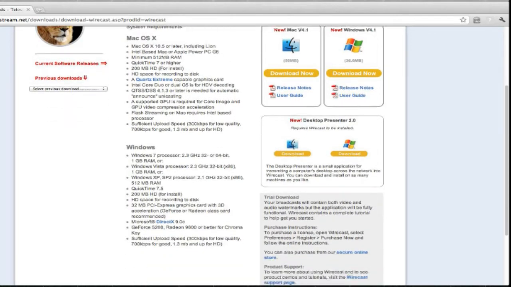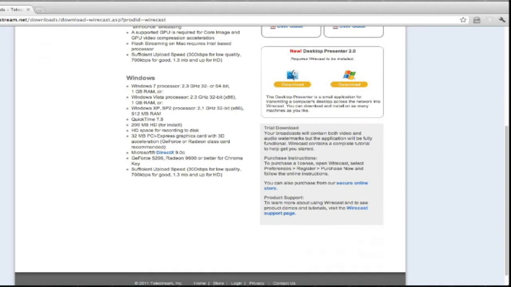For the Windows side, you need to have Windows 7, Windows Vista. You can use XP as long as it's on Service Pack 2. Have to have QuickTime 7.5. You can do 32 or 64-bit. It's going to run natively in 32-bit. You need a 2.3 gigahertz processor around there, 200 megabytes of hard drive, and a 32 megabyte PCI Express graphics card